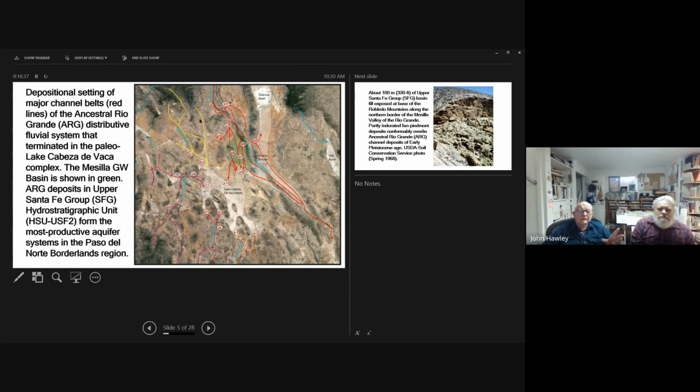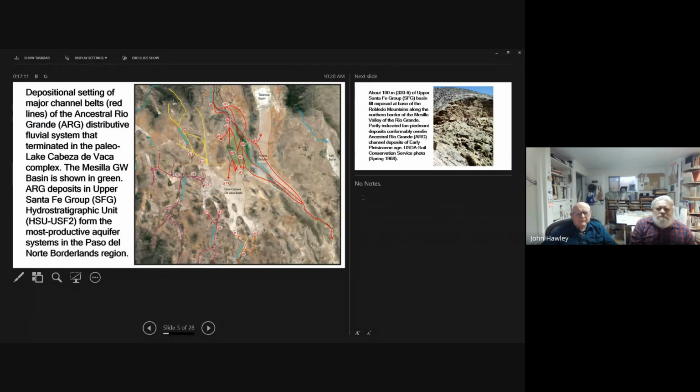But what happened between 5 million years ago and about 500 or 600,000 years ago is that it deposited a huge complex of sediments that we include in the Santa Fe Group that filled the Rio Grande Rift basins of this part of the American Southwest.